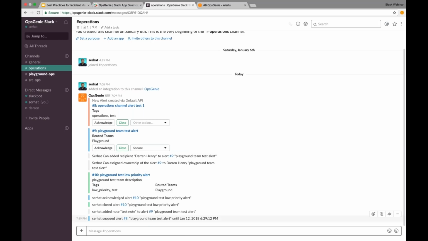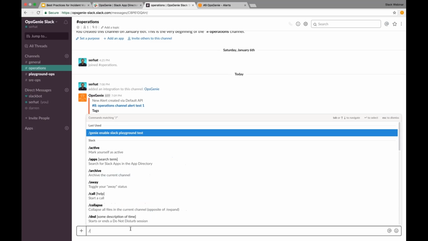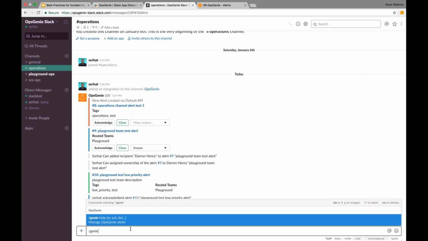So these are pretty common alert actions, and these are great for executing actions like acknowledge, close, or snooze. I will also talk about the assign and take ownership later. Now I want to talk about something useful, what we call in Slack slash commands. So we have the /genie command for you to use,